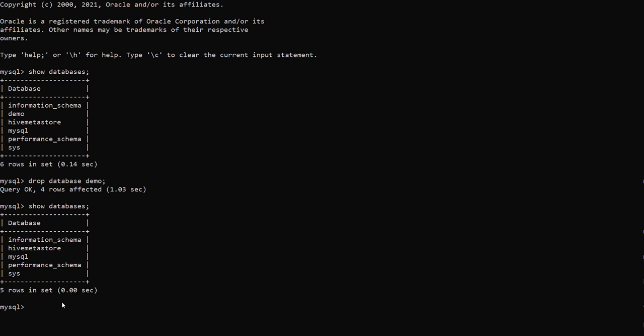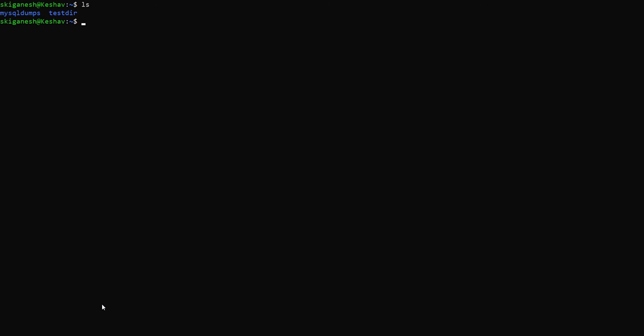Now we are going to create dump using the utility mysqldump. Here I have already created a dump. I'm going to remove that.